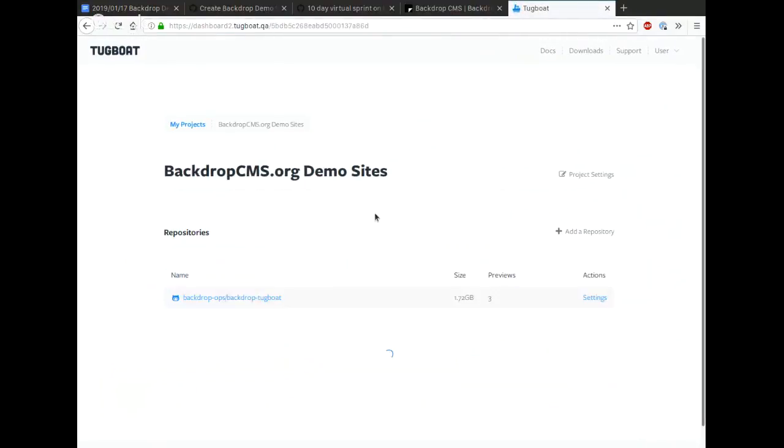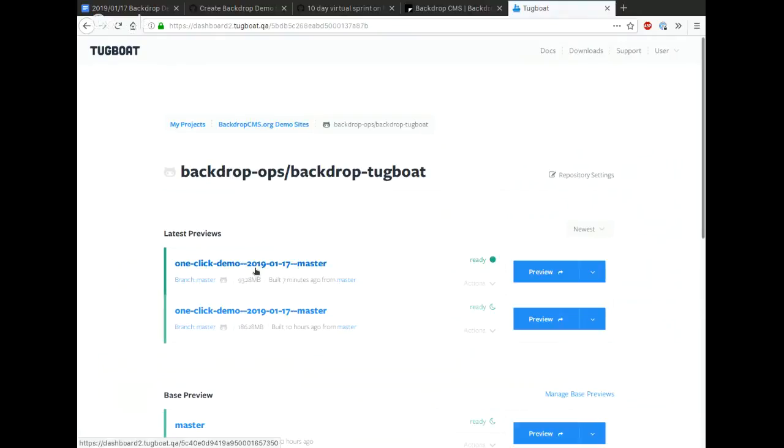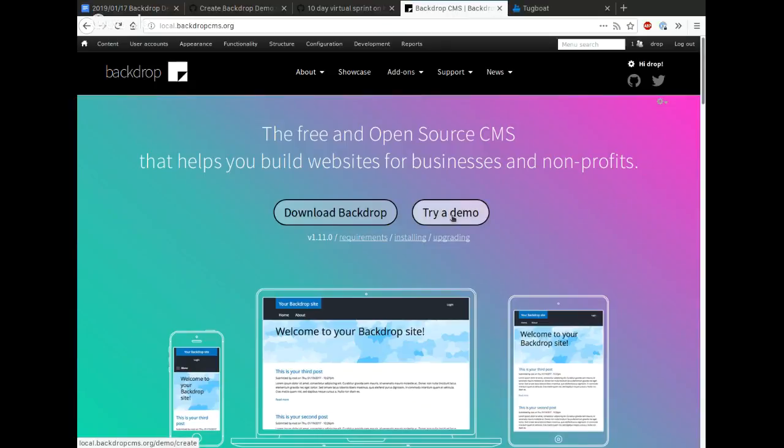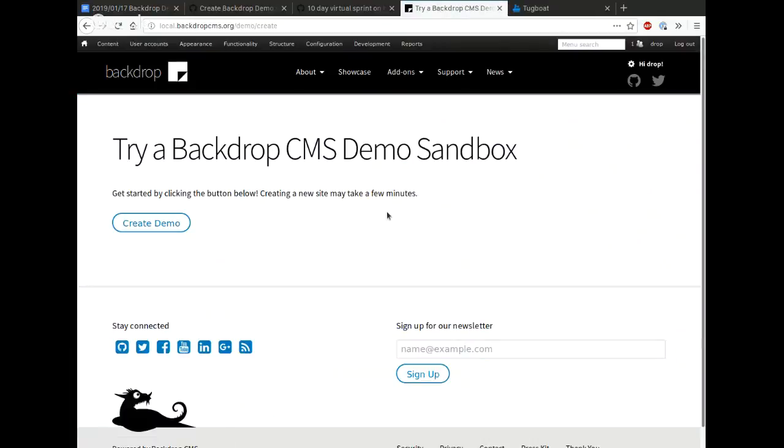And so we've set up over here on Tugboat QA a backdrop CMS repository. And when I try a demo here on the homepage, right now I've taken us to a new page that is actually a form that has a button in it to prevent bots from coming in here. There's no styling present yet, so this is definitely an area in which we could use some assistance,